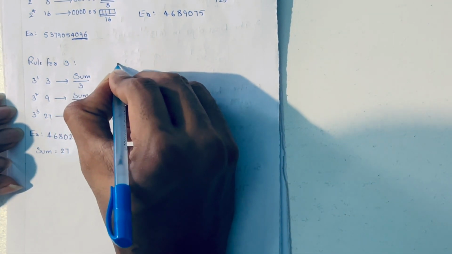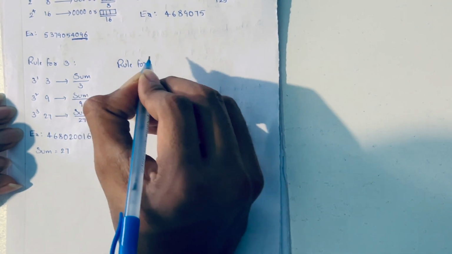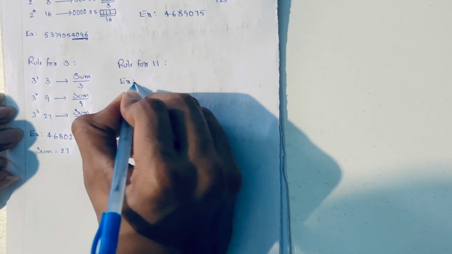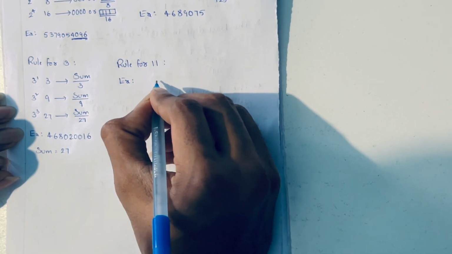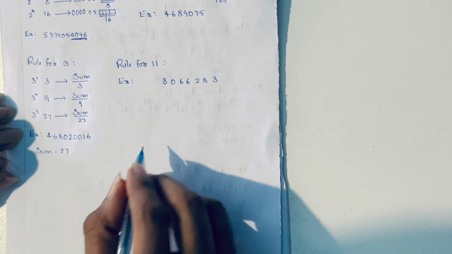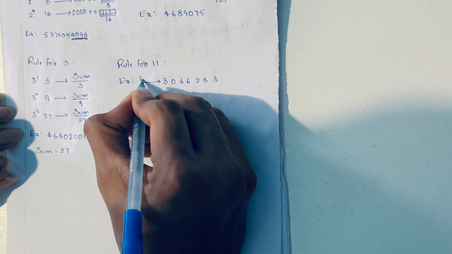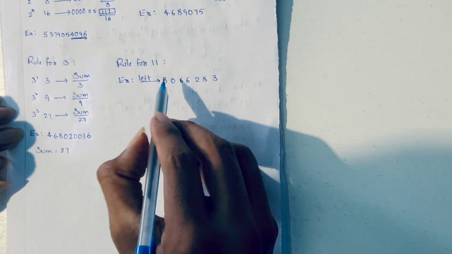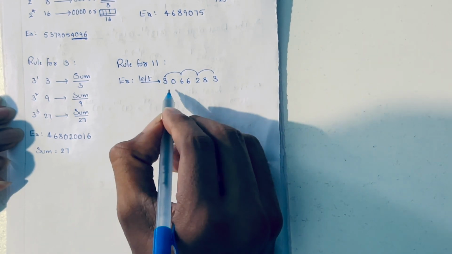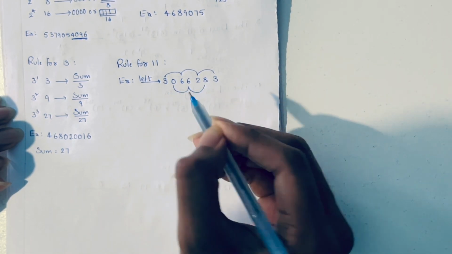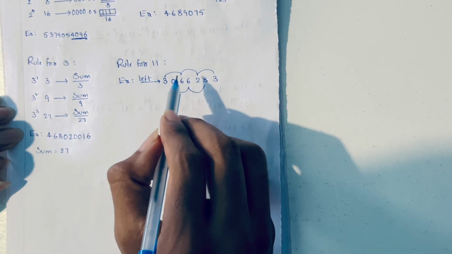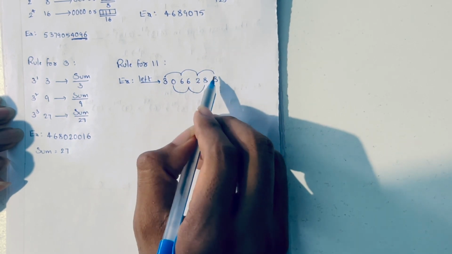And we are moving to the divisibility rule for 11. For 11, we are just simply going to the example. For a given number, I am just considering 3066283. This is the left hand side. So from the first digit, we are moving alternately this way, and for the downside we are moving this way. If we add the alternate numbers, 3 plus 6 is 9, 9 plus 2 is 11, 11 plus 3